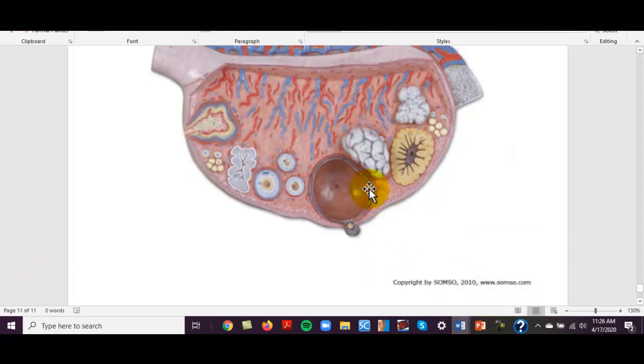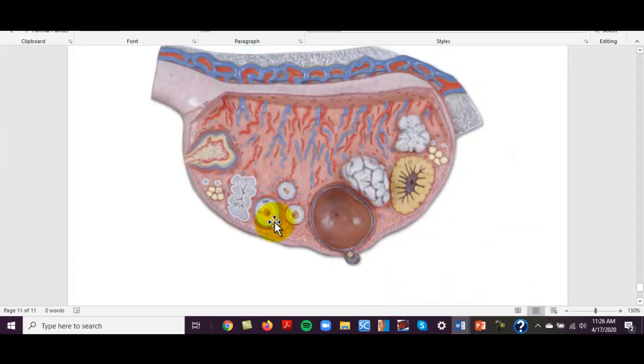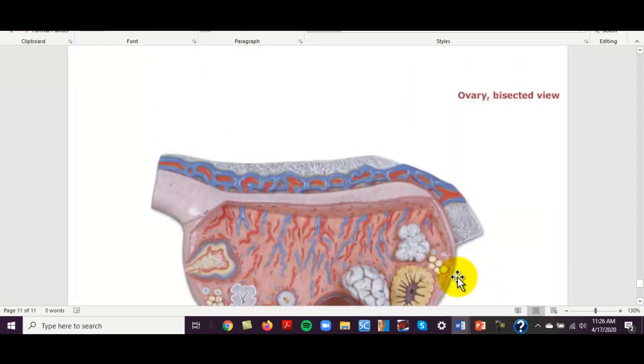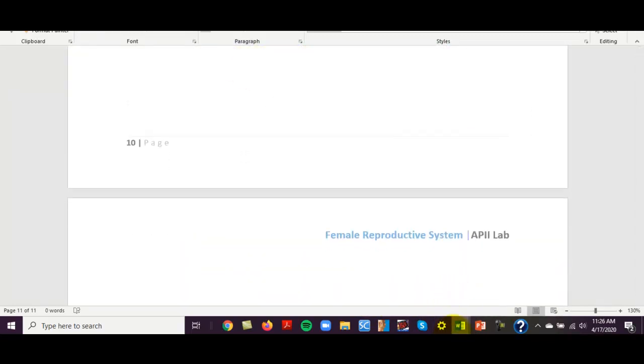What I was going to show you, you can see there's actually models for these. You can see the little primordial follicles. This is supposed to be a Graafian follicle. That's a corpus luteum, and that's a little egg being released right there. And I believe that's it. Yeah. Okay. So anyway,